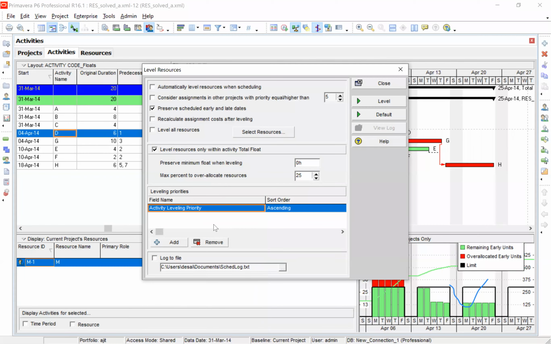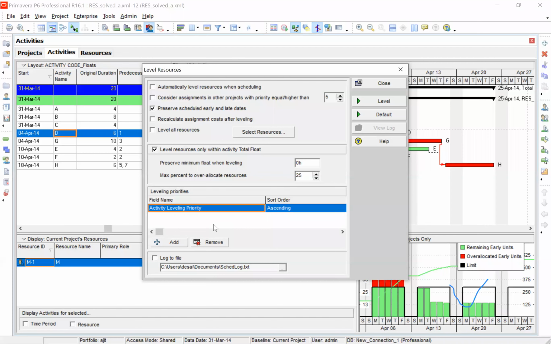In most of the examples you solved, you have solved this with activity priority. In my class, I explained something else, which we will come to. So with activity priority and level within the float, I'm asking the software to level these resources.